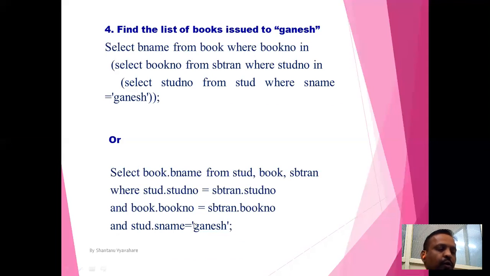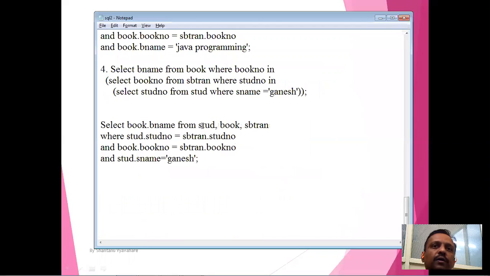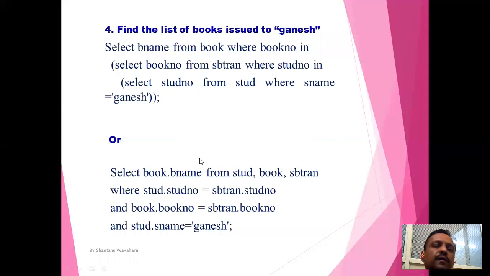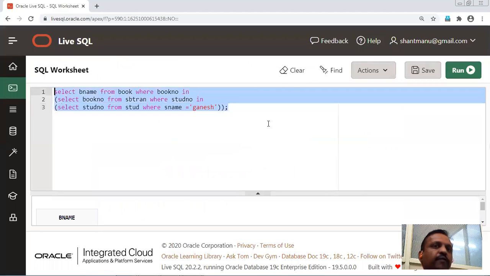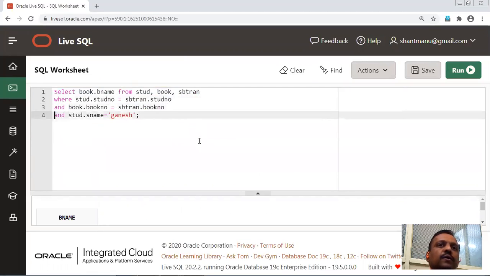You have to find out the data from three tables that you have to select. The same query will be executed like this. Let's see. Student name Ganesh.